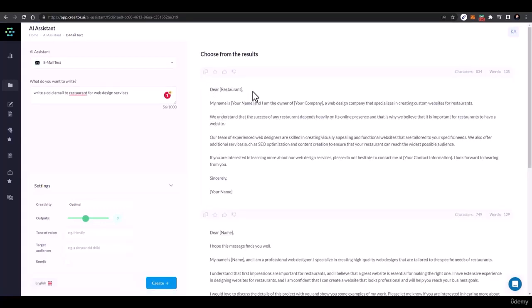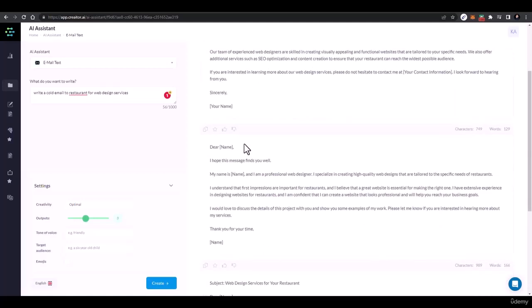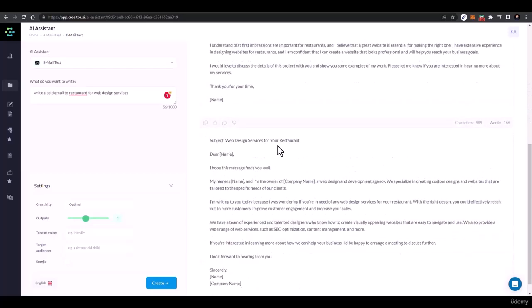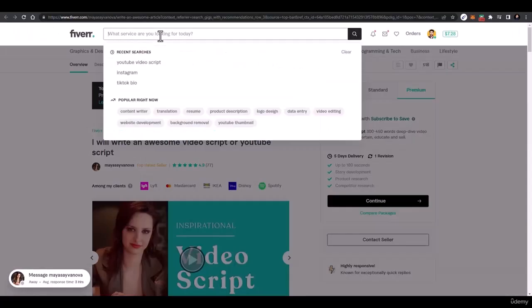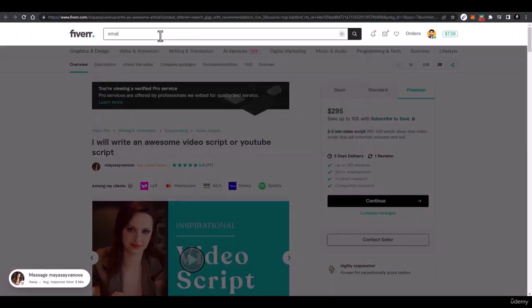and it generated: dear whatever the name is, my name is, and I am the owner of a web design company that specializes in websites for restaurants. We understand that the success of any restaurant depends heavily on the online presence, and blah blah blah. And it created the complete email, and it is a professional email. If you are not a web design professional and you just know email writing, you cannot generate such a professional email. And if you go there and search for email copywriting,